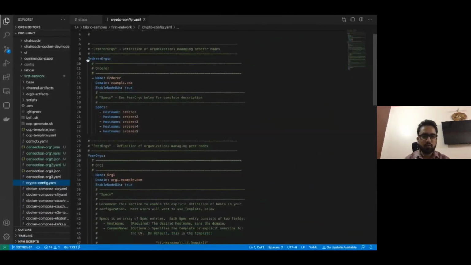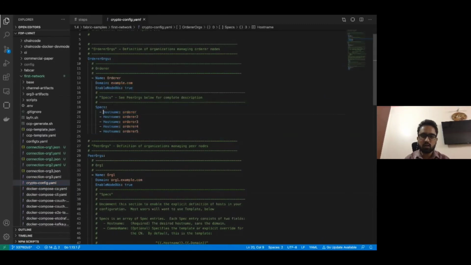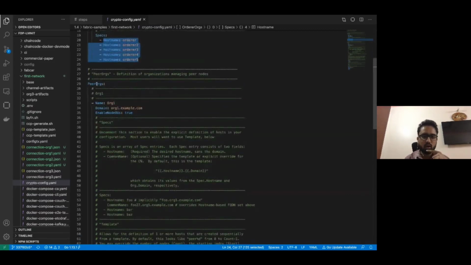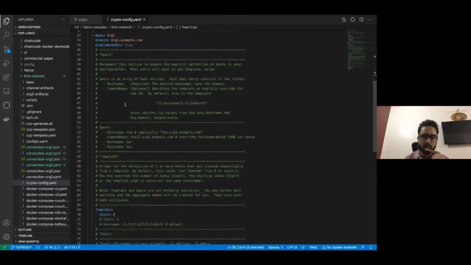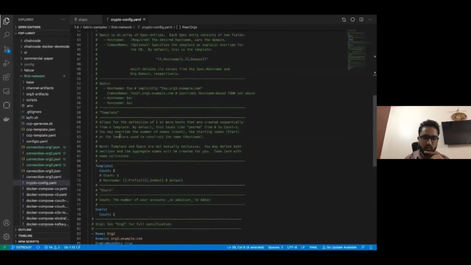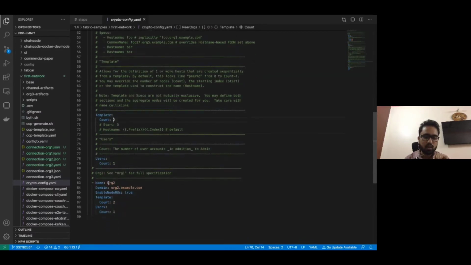Over here what we have defined is, in the orderer org, what all certificates and keys we have to create for this organization, and for the peer organizations, how many organizations there are and what the domain names are. And this count is used for how many peers belong to this particular organization. So over here there are 2 peers. Similarly for organization 2 we are going to create 2 peers.